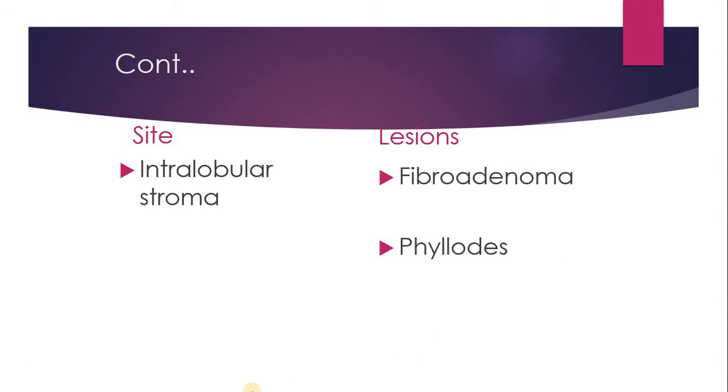Another group is the stromal lesions. It is also a small viva question: what are the stromal lesions? There are two types of stroma, interlobular stroma and intralobular stroma. The intralobular stroma is breast-specific and myxoid in nature, and the lesions are also specific for breast. These are fibroadenoma, the most common benign breast lesion, and another one, Phyllodes tumor.